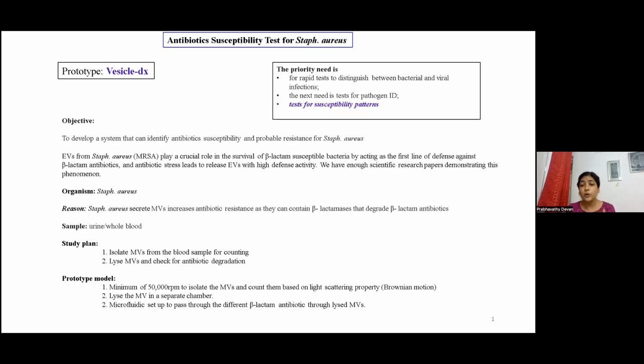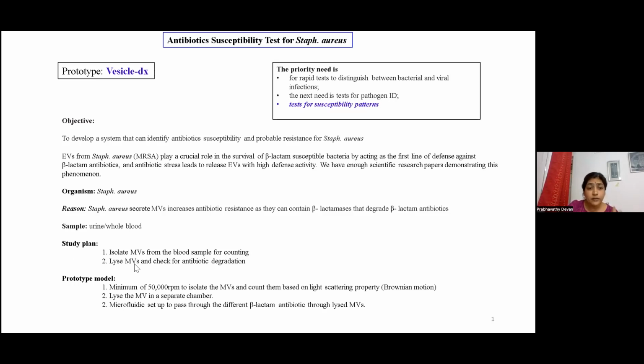So considering antibiotic as one of the important stress factors, bacteria immediately start secreting MVs as soon as they come in contact with the antibiotic. So we can take an array of a particular class of antibiotics, incubate Staph aureus in the presence of these antibiotics, and try to see whether we can see a difference in the vesicular secretion pattern. If so, can we capture them and give a sort of scale or gradation based on the number of vesicles secreted, showing how susceptible they are?